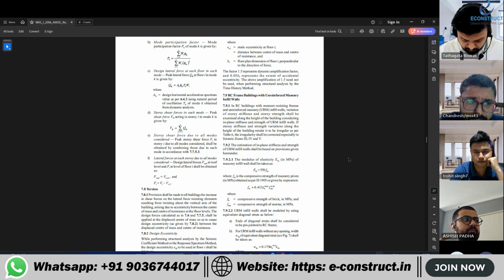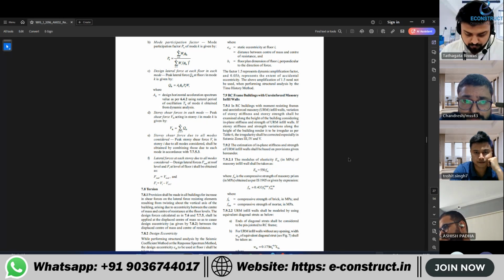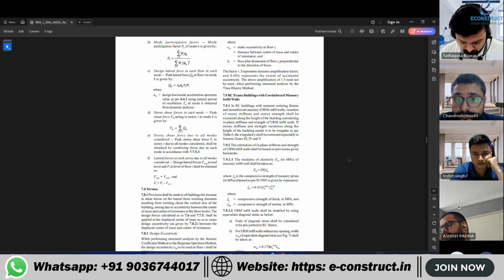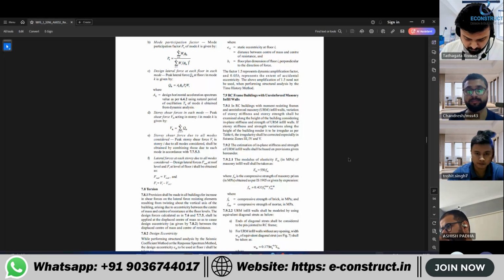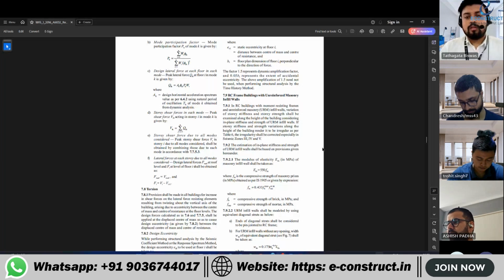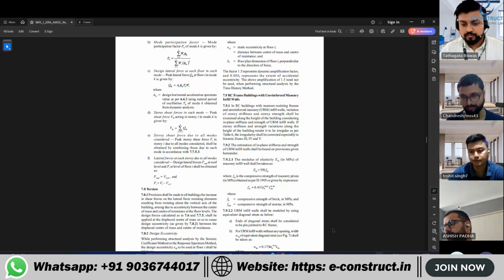The estimation of in-plane stiffness and strength of URM infill walls shall be based on provisions given hereunder. The modulus of elasticity Em in MPa of masonry infill wall shall be taken as Em equals 550 fm, where fm is the compressive strength of the masonry prism in MPa obtained as per IS 1905 or given by expression. URM infill wall shall be modeled by using equivalent diagonal strut as follows. Ends of diagonal strut shall be considered to be pin joint to the RC frame, and for URM infill wall without any opening,